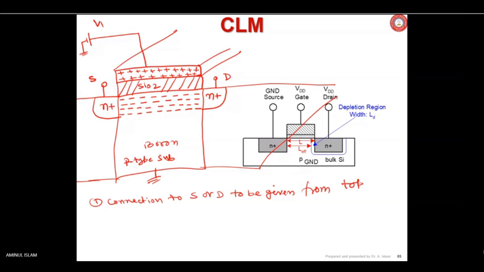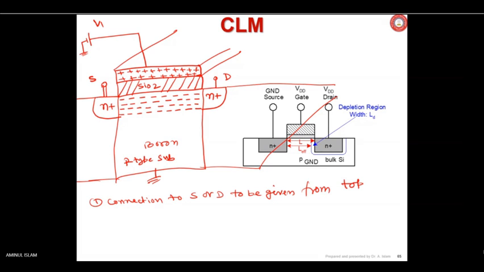From the side you cannot drill and put a wire because it is very thick and very large. So from the top it is given by implanting a point. You make a point of contact on which you actually